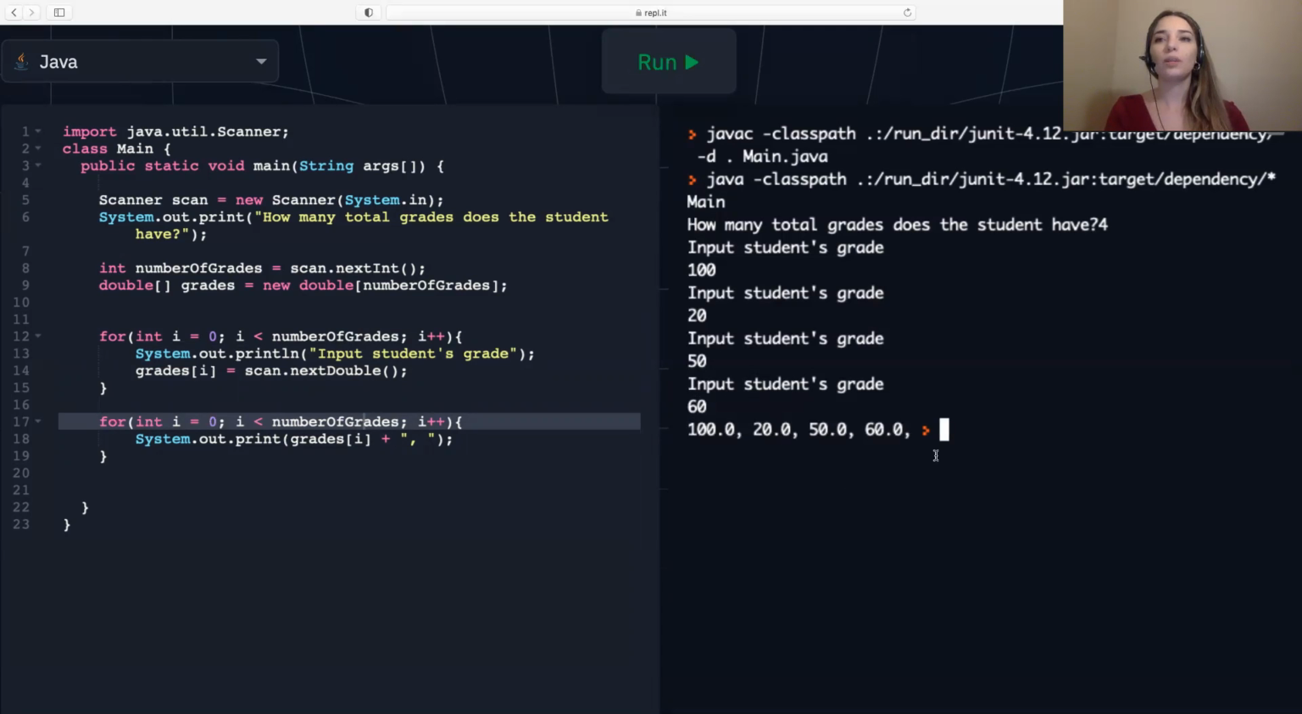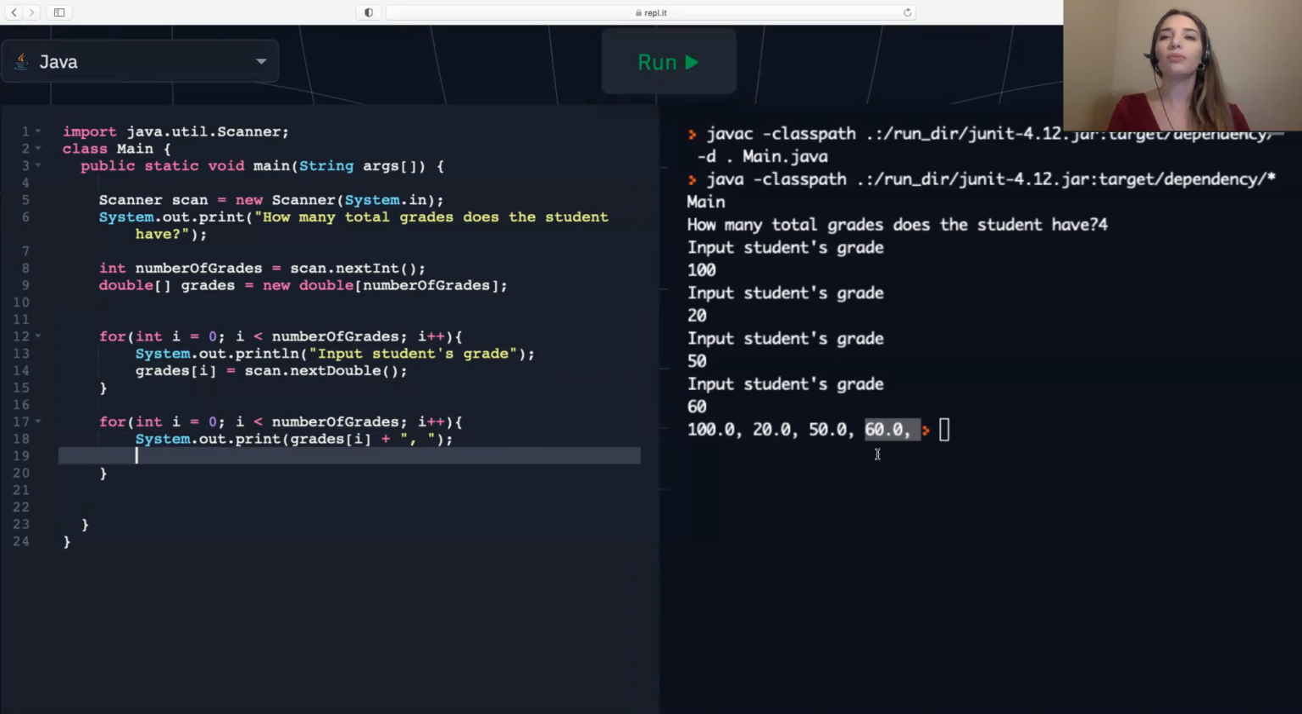Now it's a little weird to have this comma at the end. So what we want to do is, if we are at the last iteration of the loop, then that means we're at the last number. We're printing out the last number. And if we're at the last number, we don't want a comma. So what we could do is we could say only print a comma if we're not at the last one. If we're in any of these, it's okay to put a comma, but if we're in the last one, let's